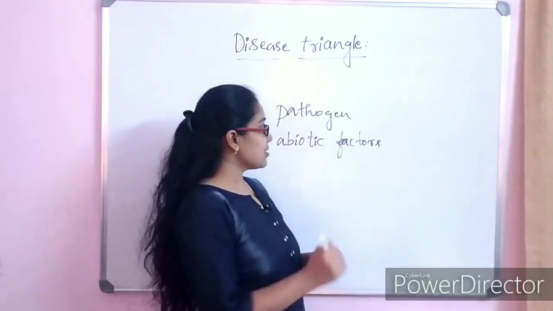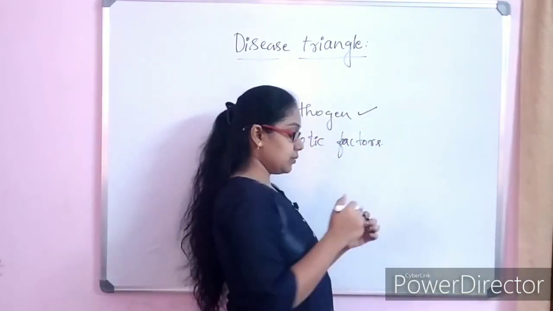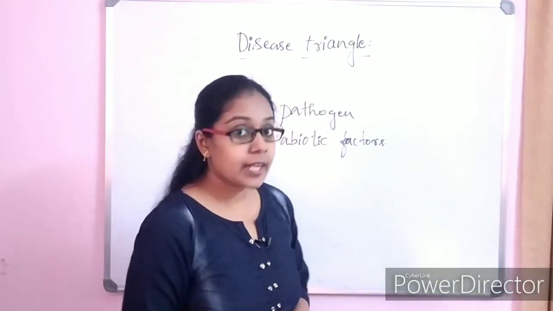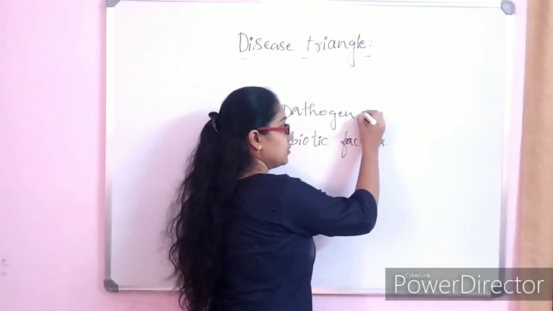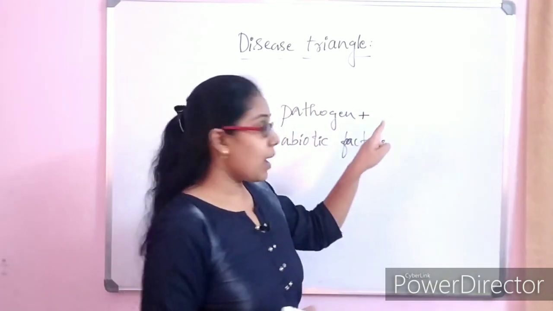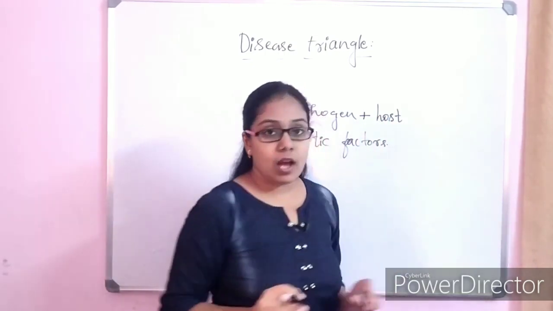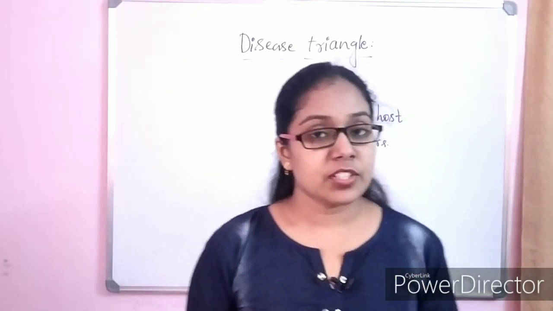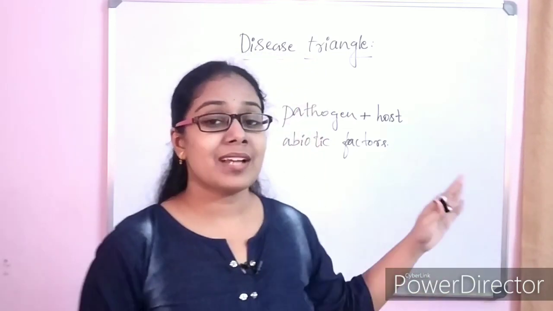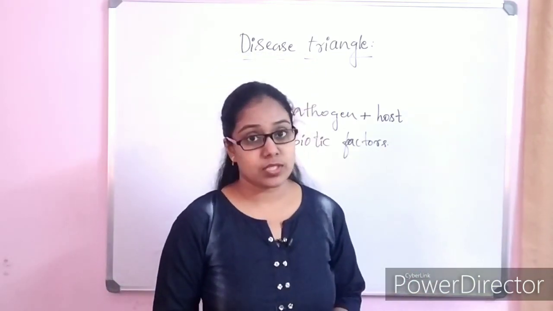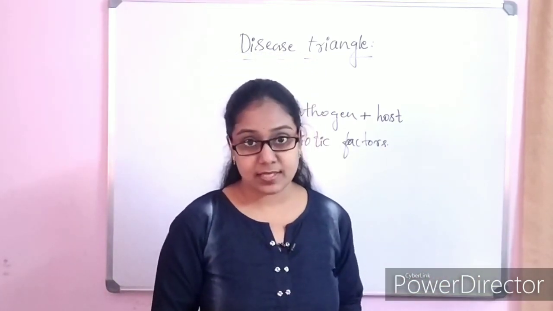Right. So, in the first case, that is the pathogen, if the plant disease is caused by this pathogen, then this pathogen must be in contact with the host plants, and there must be an interaction between the host plants and the pathogen. So this is in the first case.